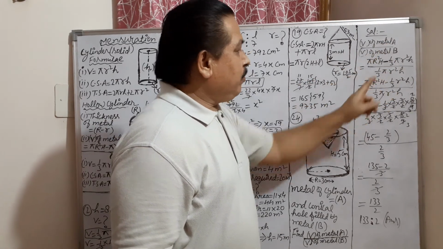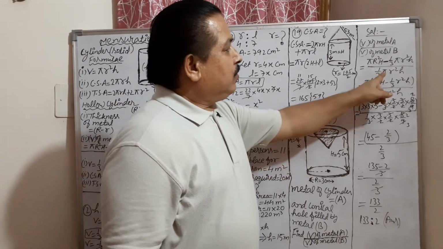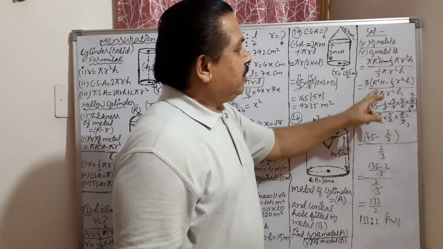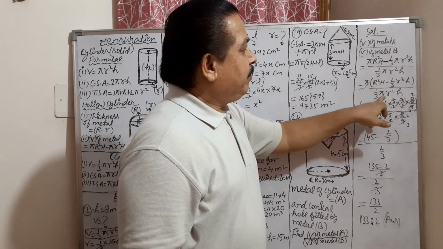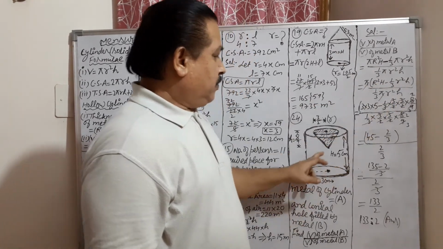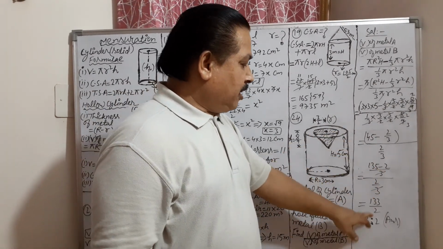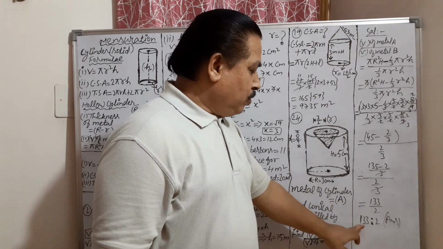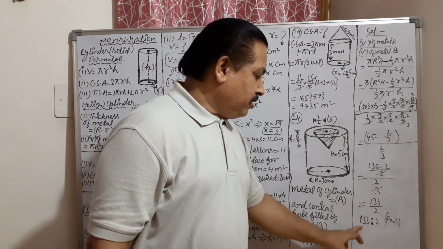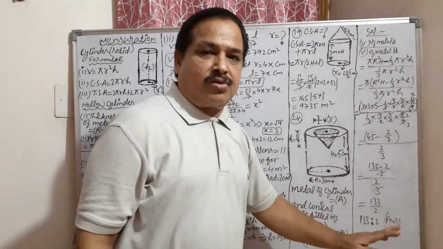Now the metal B volume, you know, is a cone. Here is metal B now. 1 upon 3 pi r square h. Now take pi common here. Pi cancels by pi. Place all the values. Values are given here in the diagram. Now what is your answer at last? 133 upon 2, 133 ratio 2. This is the ratio of metal A to metal B.